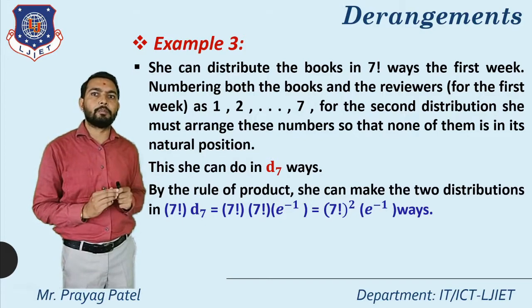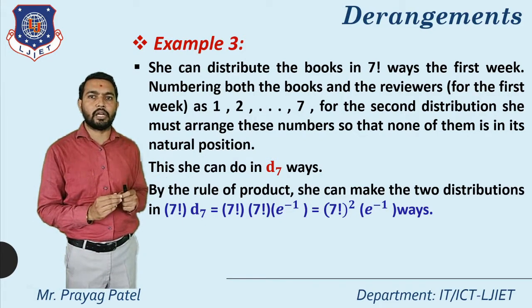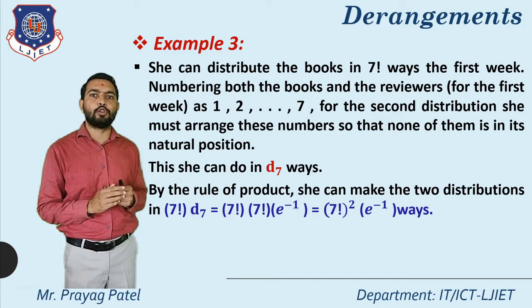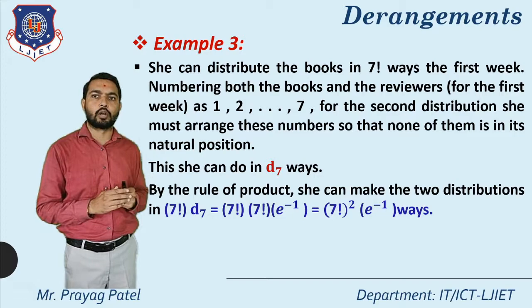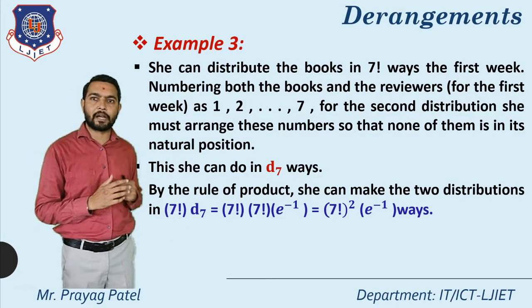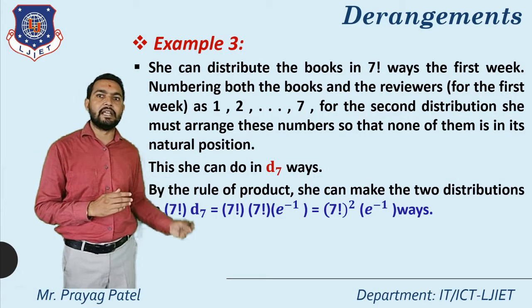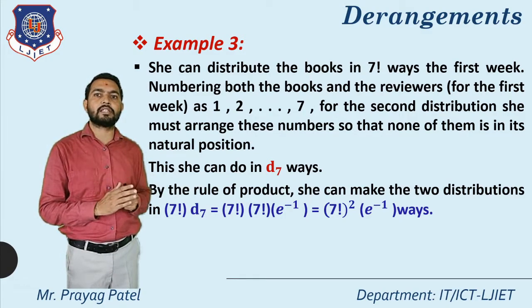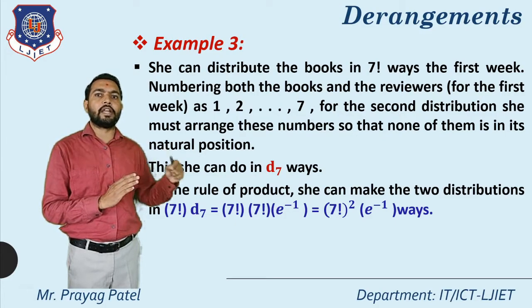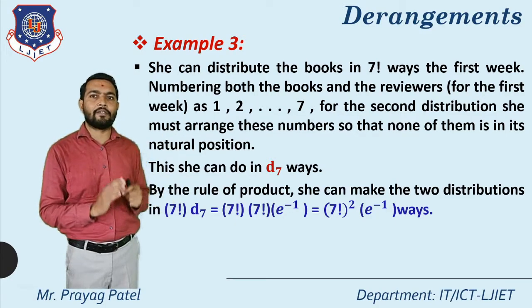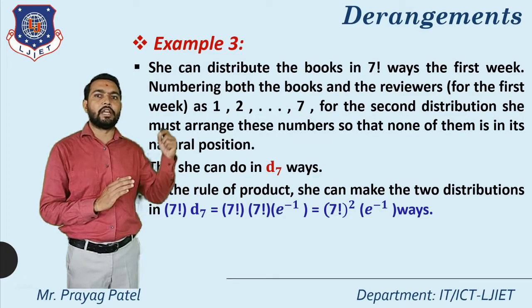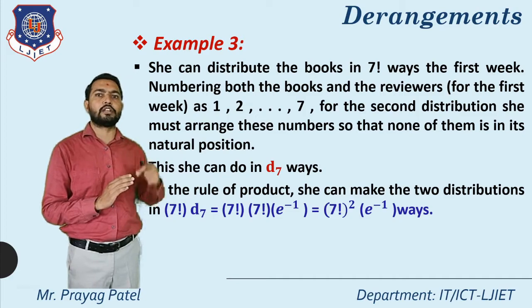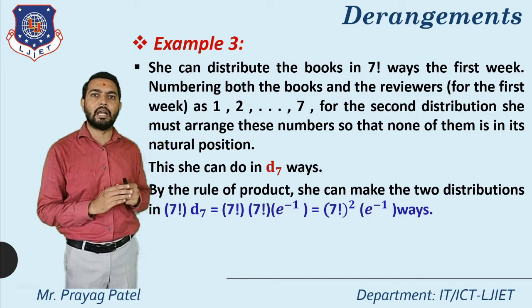Now, by the rule of product, we can combine these 2 things as a product. We distribute the books for review, first week as 7 factorial and second week as D7. So 7 factorial into D7. Now D7 is 7 factorial into e raised to minus 1. So the final answer is 7 factorial into 7 factorial into e raised to minus 1. So finally we can say that 7 factorial square into e raised to minus 1 ways are available for